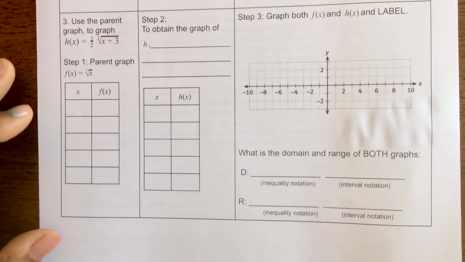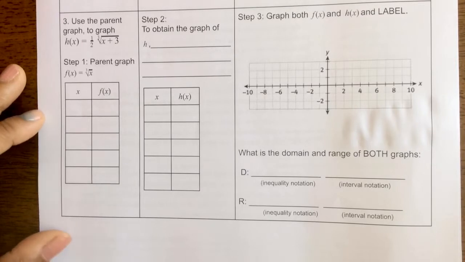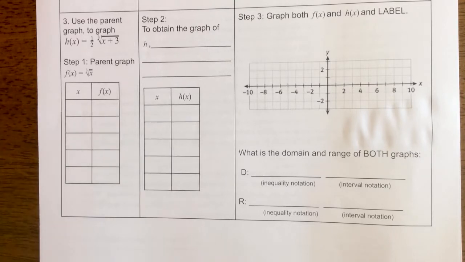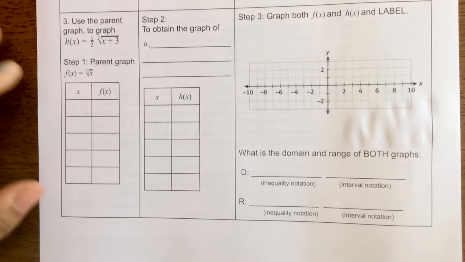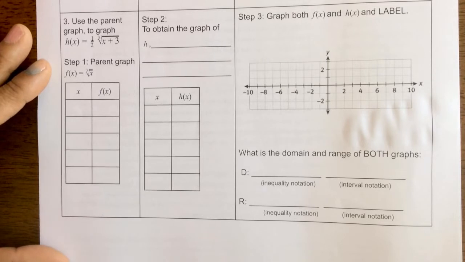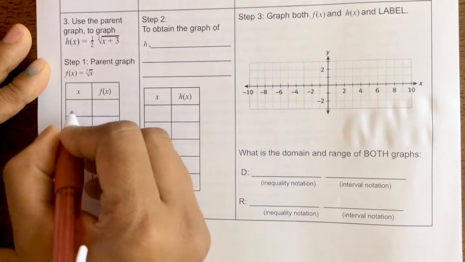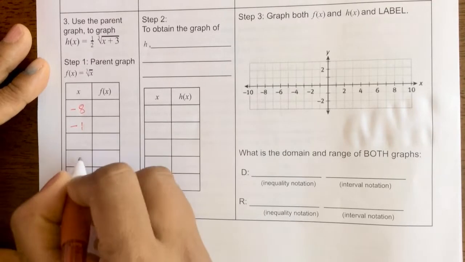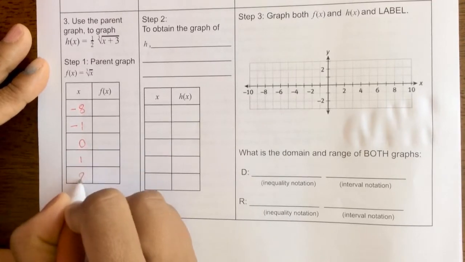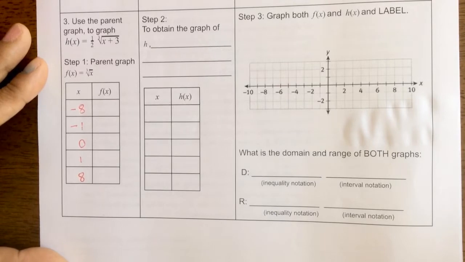To do the third question of 13-3, we are going to first fill in the table for the parent graph f of x is equal to cube root of x. We are going to do it in a similar manner. We are going to take the same x and y values as in the first question of this section. So I'm going to take the values of x as -8, -1, 0, 1, and 8. This is just because these are whole cube numbers, and you can find the cube root of these numbers very